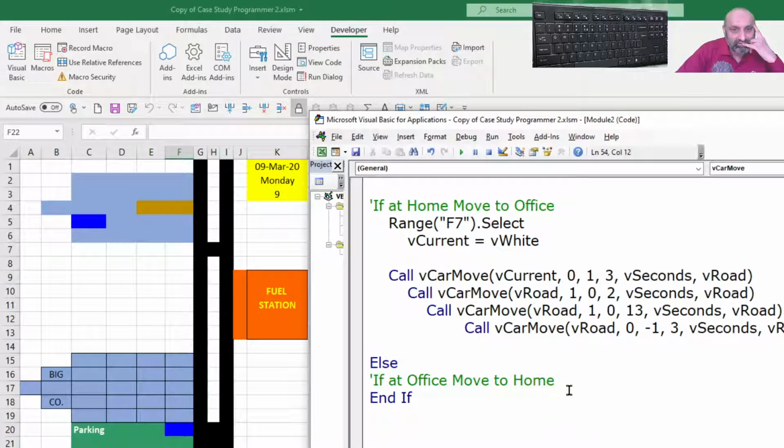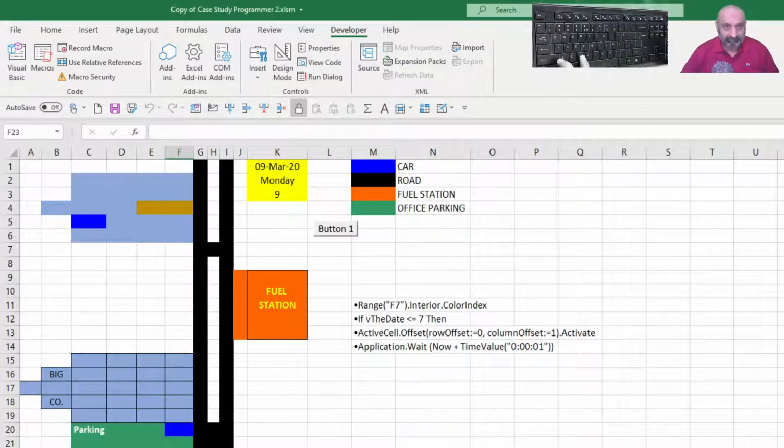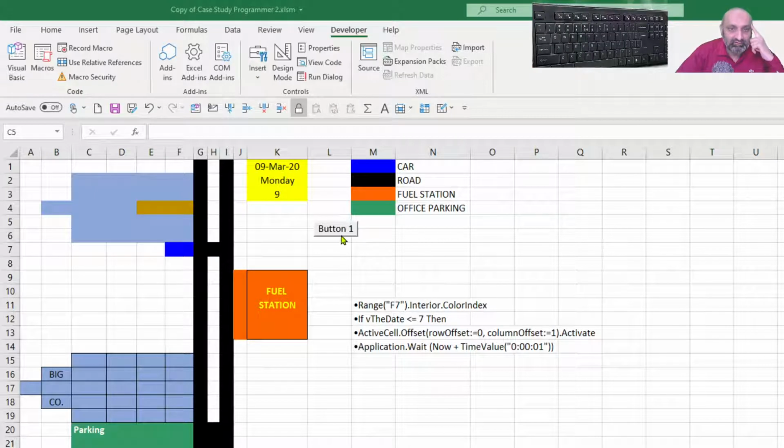In Visual Basic, okay, so this is the extra command. Let's rerun this. All right, I have reset it and let's run it. The car is moving and now this should stop at the right parking.